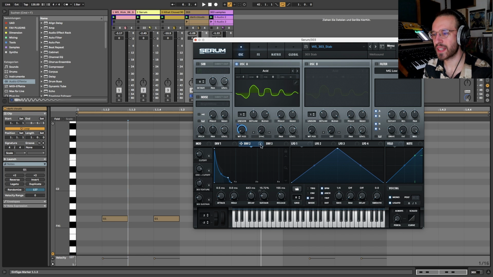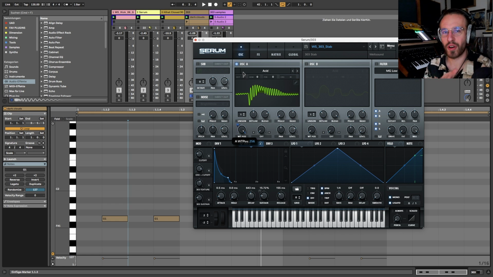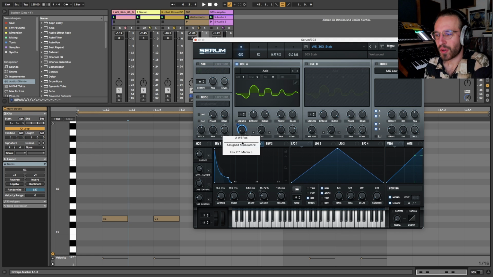It's obviously not the same if you look at it visually, but there's still some kind of attitude to it that is similar. But yeah, like this you can kind of rebuild the opening of the filter. So if I move the wavetable up like this and back down, this is like the filter opening on a real 303. And so this is what we do with the envelope too. We just open the wavetable position up to maximum, which is here, which is like the most open point of the filter, and then we go back. So we don't open it all the way, but almost. And yeah, that's just there to give this